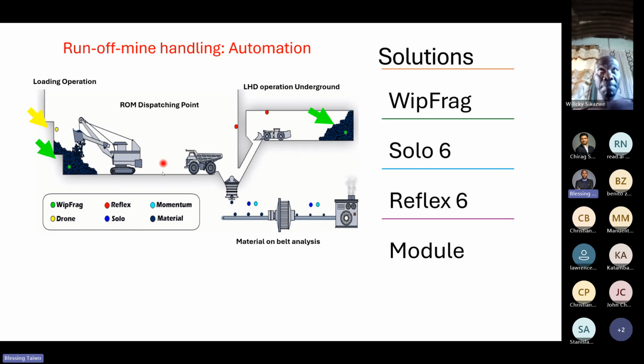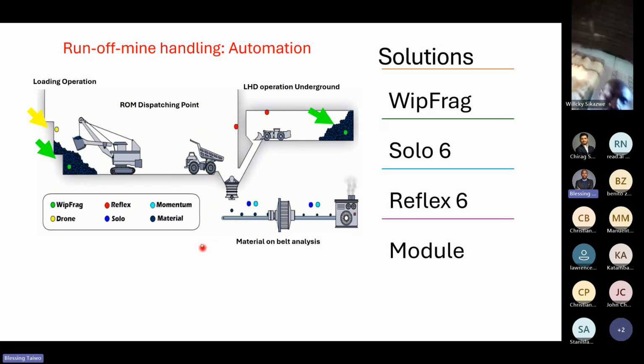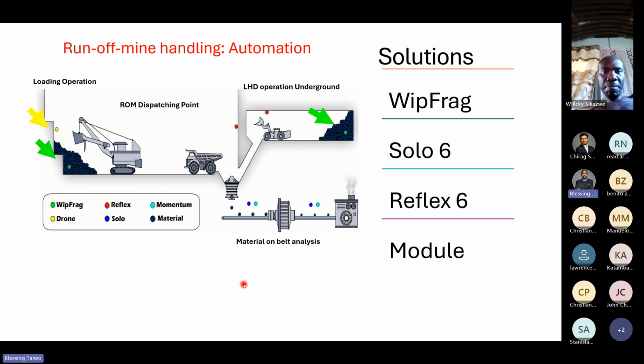So before it gets to the crusher, you take a picture of it, and based on the maximum size of material in the truck, you can easily adjust the inlet of the crusher to fit the size of material. It's just like checkmating what is coming to the crusher before it gets to the crusher.